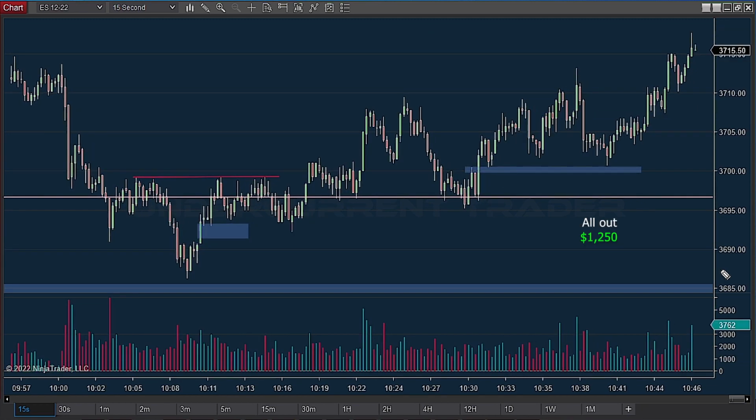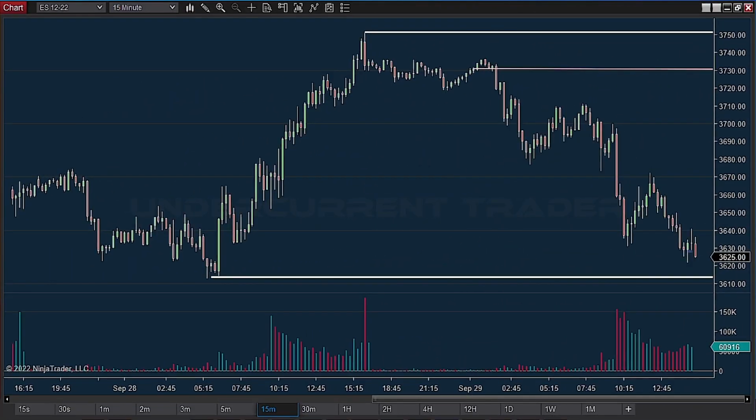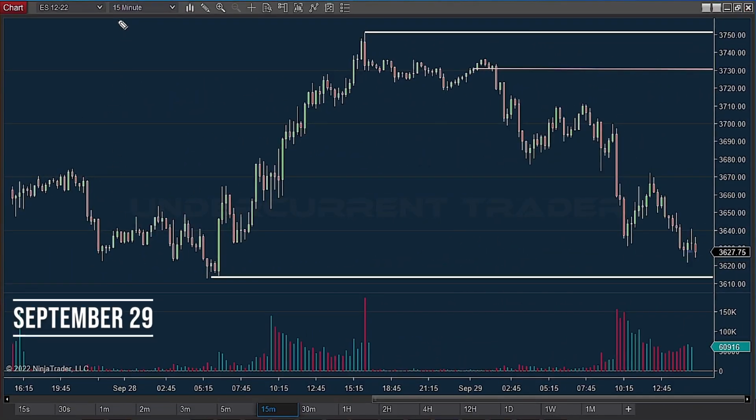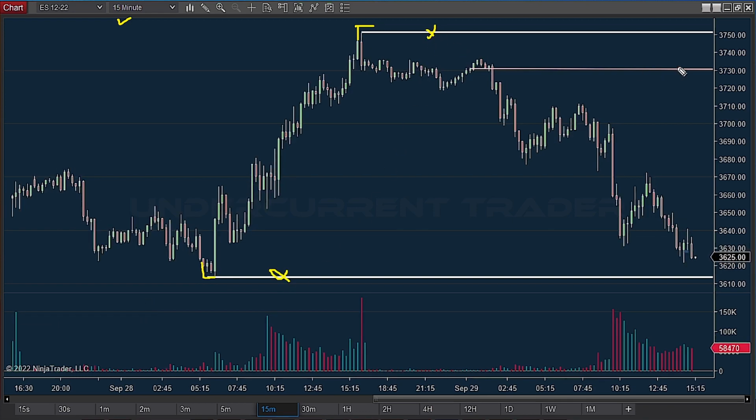Alright, with this trade complete, let's move on to the next entry. So we are looking at a 15-minute time frame for another long trade. Obviously we have our range set between these two horizontal white lines, which represent the previous day's low and high. New York midnight, as you can see, prints just above